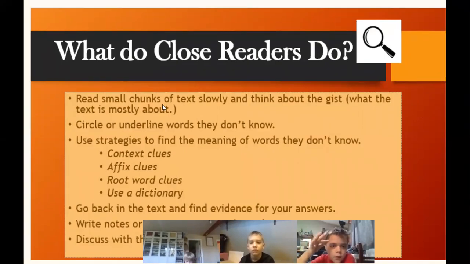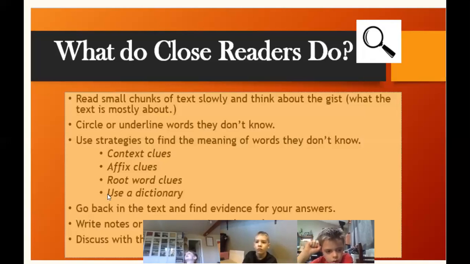We're going to read small chunks of text slowly. We're going to also think about the gist. That's why I reviewed it. We're going to find some words today that we need to find the meaning of. So we're going to use context clues. Context clues are the words around the word that we're looking at to see if that can help us. We're going to look at affixes, an affix clue, so either a prefix or a suffix. So we had all those pages that helped us with that. We're going to look at the root word, the word that would stand by itself,